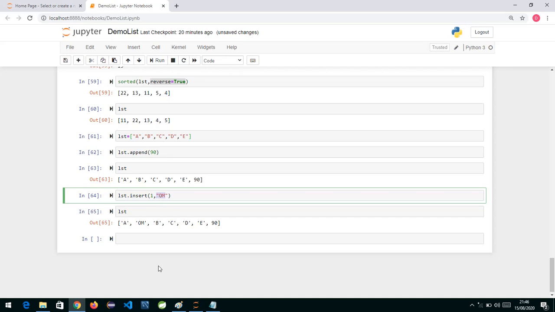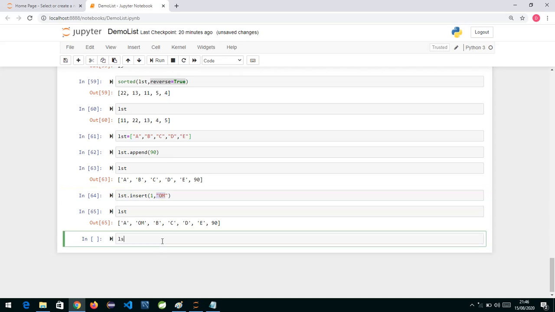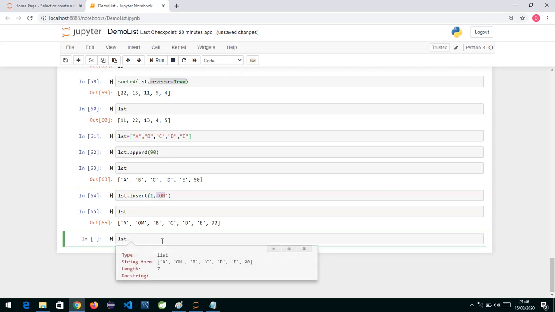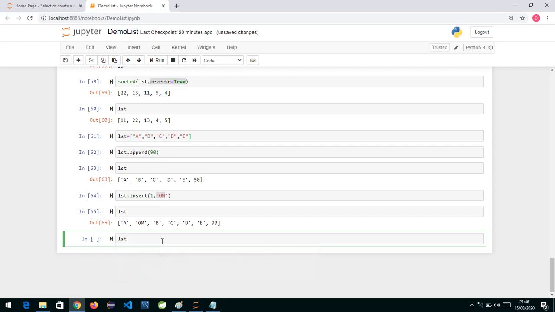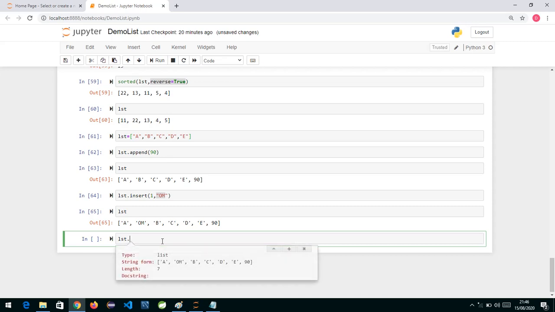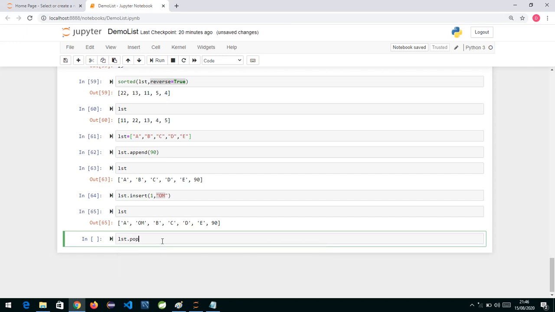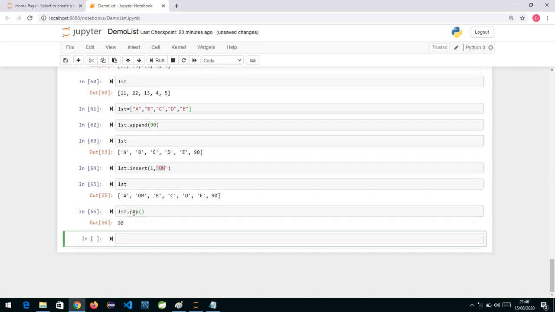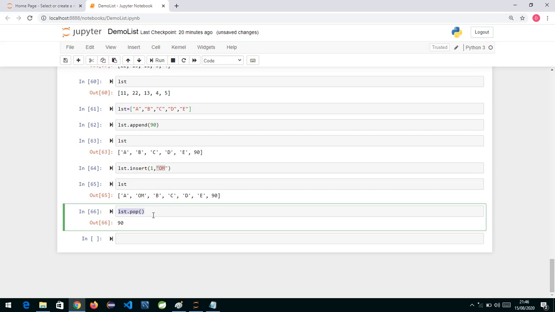Similarly we also have another method over here, lst dot pop. Now if you see the list and if I say pop, you can see if you don't specify anything inside pop, by default it is going to remove the last element.